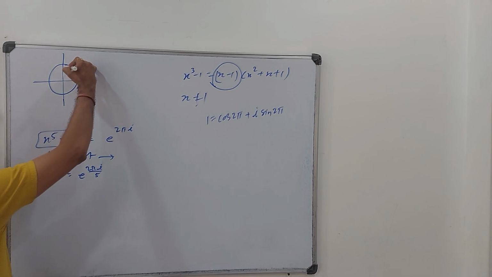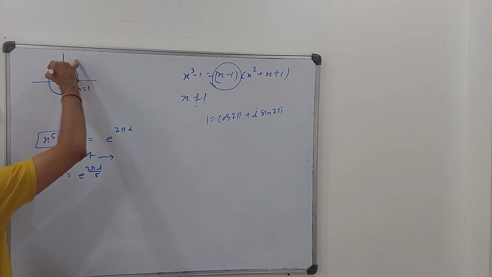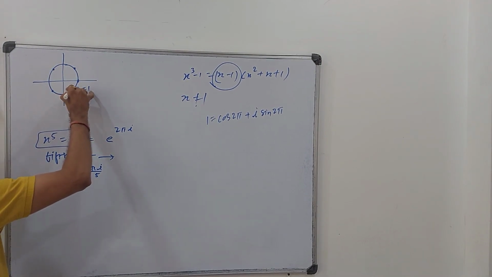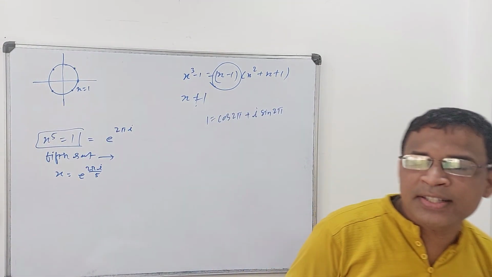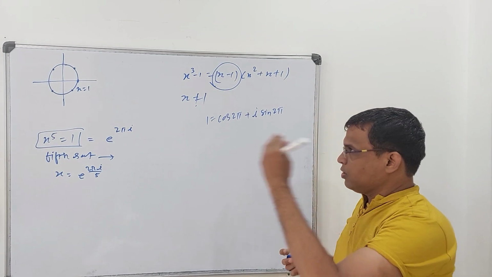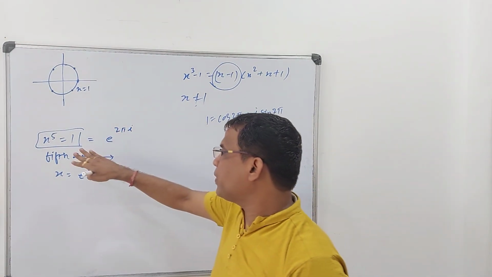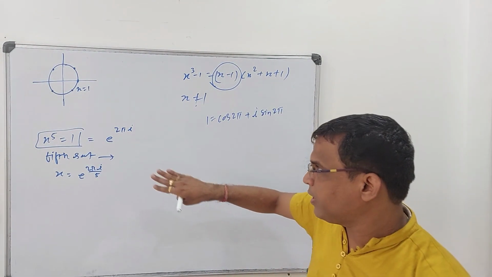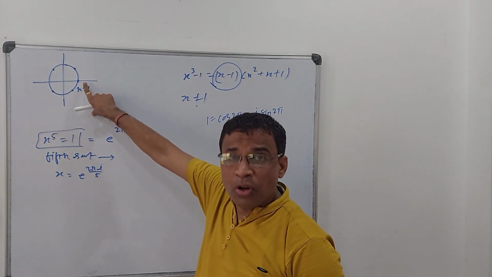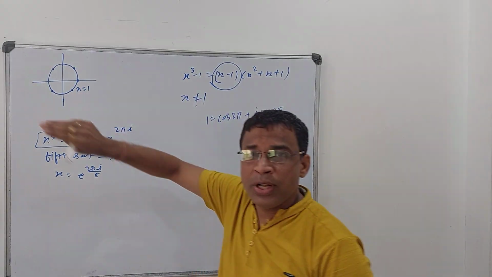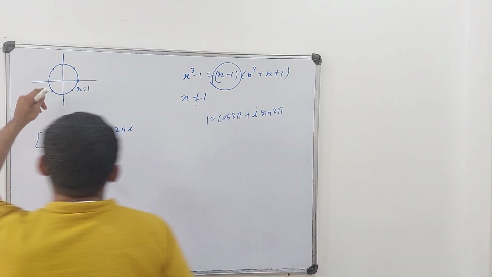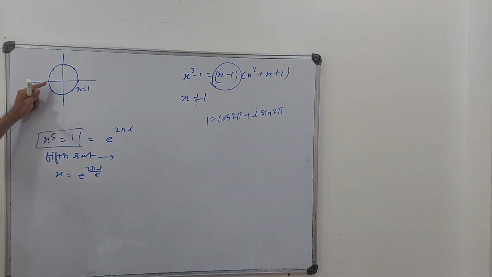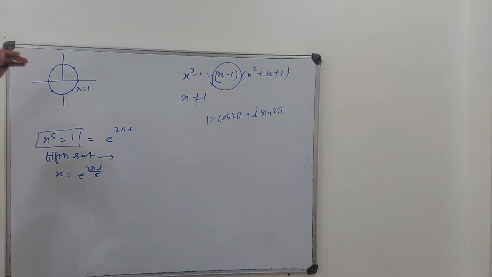So those zeros you will get somewhere here, here, here, here, something like that. They will not touch the real x-axis, that is Descartes' Cartesian coordinate system, because we are not getting the real root for this equation. X is equal to 1 is one of the zeros which is touching here, but it is not giving you the case. See, and don't say x is equal to minus 1 will be also there. It is just a graphical representation, that's why I am taking it. We will see whether we are getting this point or not.